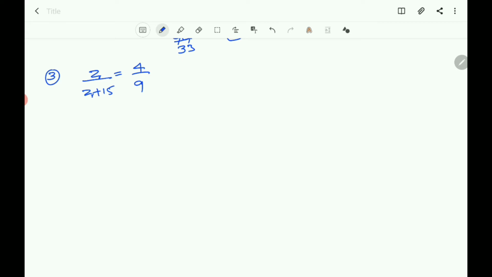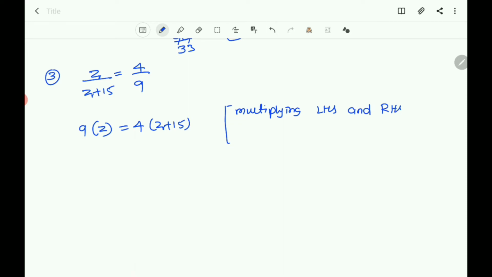So next, it becomes cross multiplication. It becomes 9 into z is equal to 4 into z plus 15. Then we are multiplying LHS and RHS by what? 9